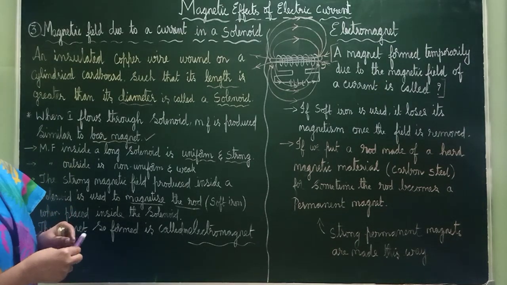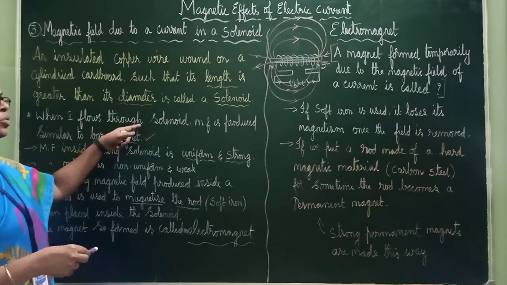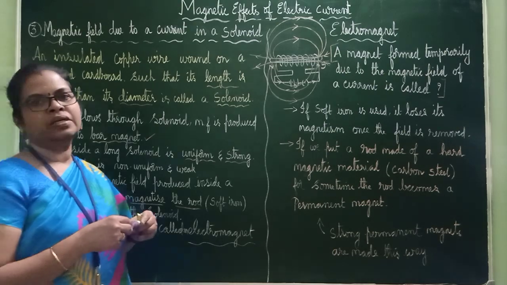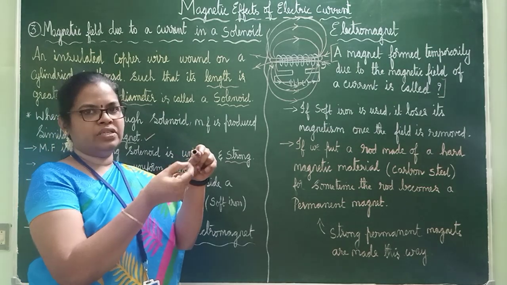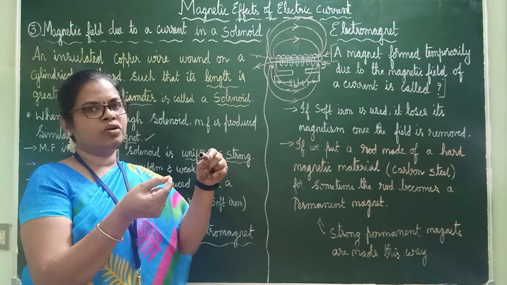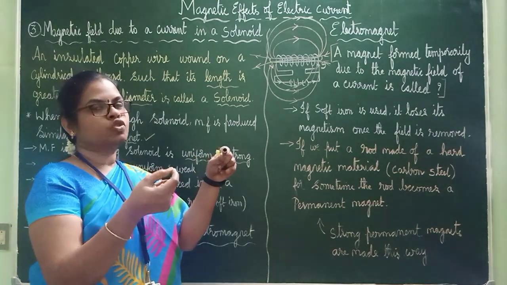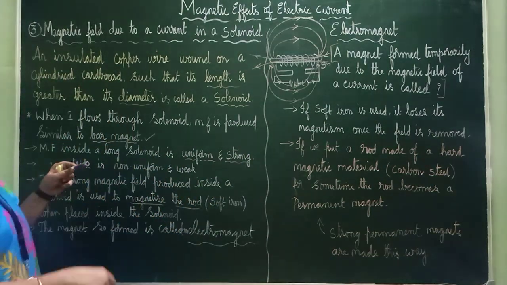Same way, as in all the other activities we did, here also current is allowed to pass through. So if you want to allow current to pass through, what are the other things required? You should make a circuit. One end of this and one end of this should be connected to a circuit. What are the things needed for a circuit? Batteries, then ammeter, then switch. Okay, all these three things are important. Other things, if you want, you can use.